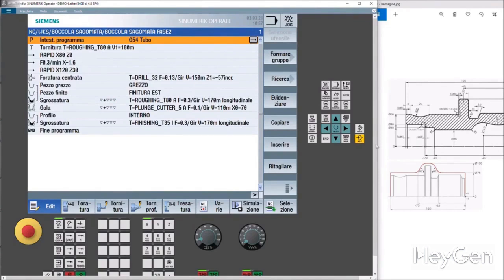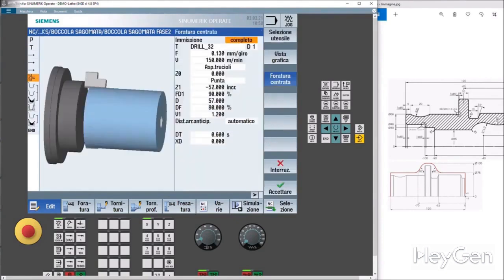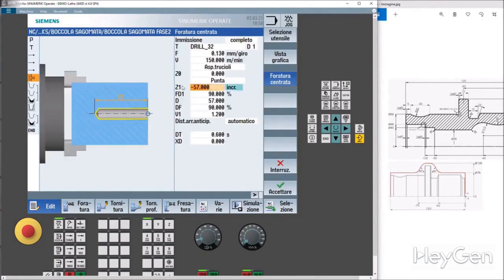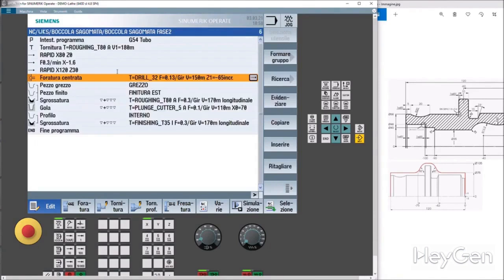You will always need to insert a chamfer using the same logic as before, along with a centered hole. The only thing to discuss is the centered hole. You see, it does a Z1 down to minus 100. Since it's 120 long, 57 times 2 doesn't make 120. Let's increase it. At minus 65, the depth, and we accept the piece.